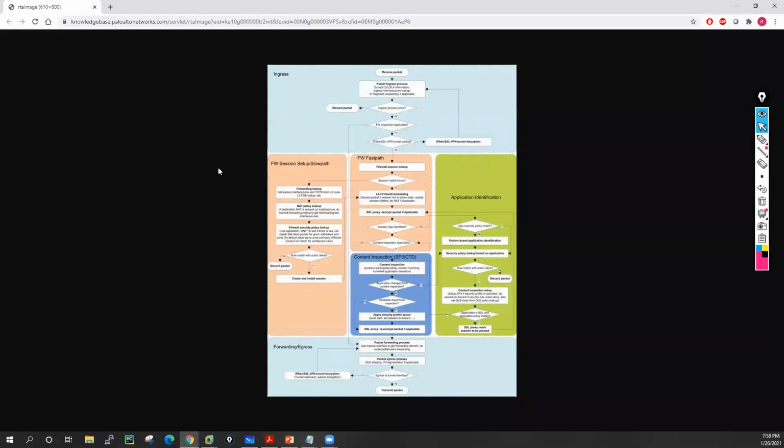So this is the diagram of the Palo Alto packet flow, and if you see, this is the same information which I have explained.